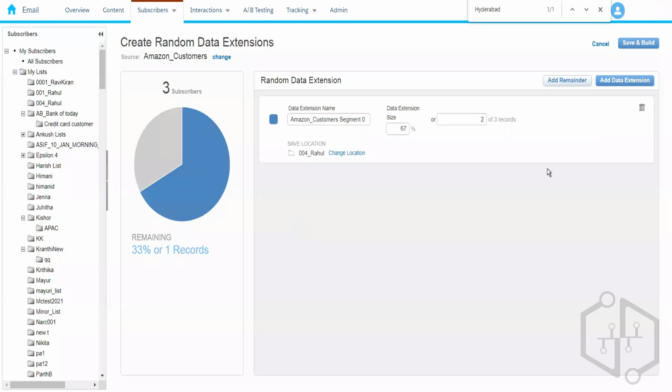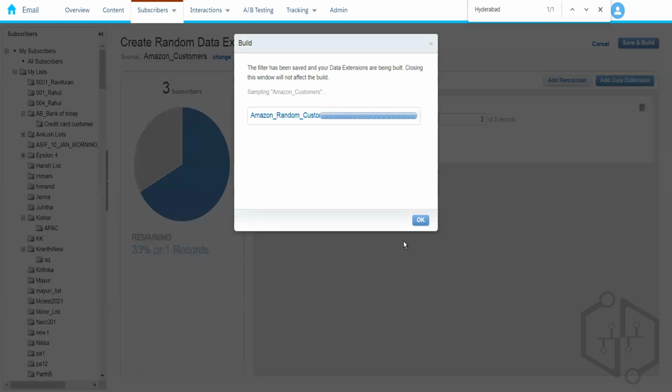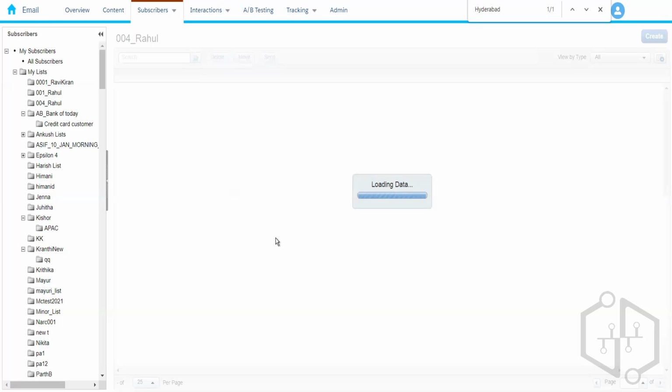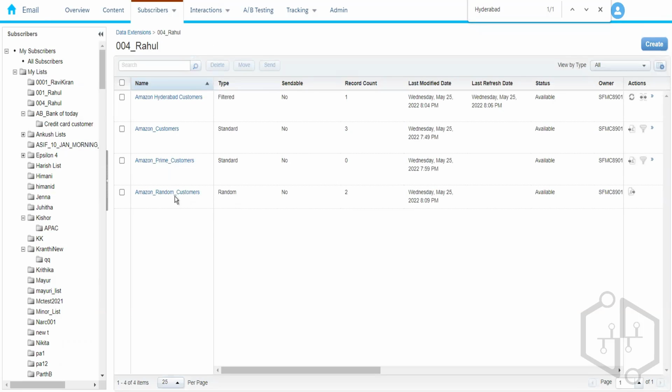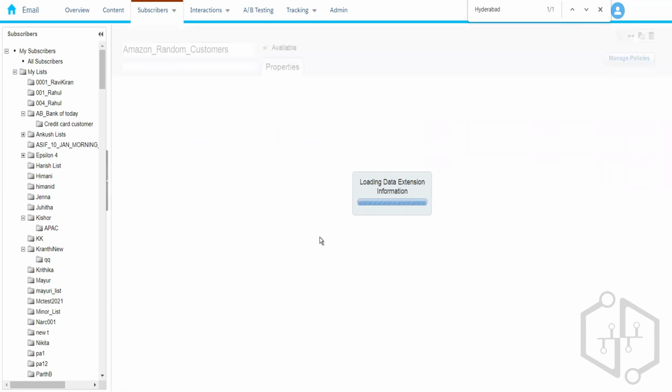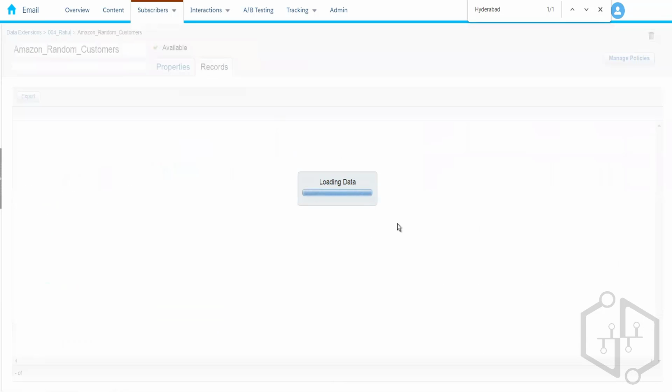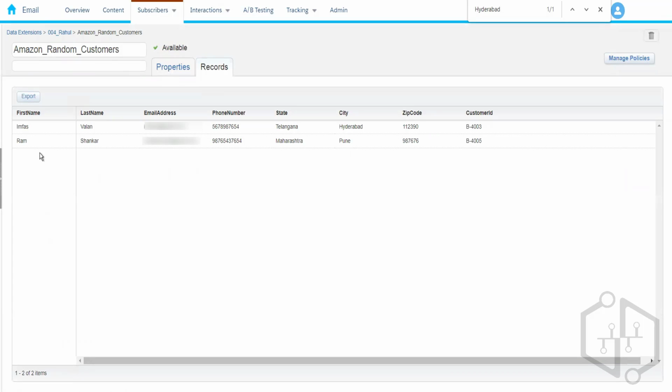So let's say I want to choose two different records irrespective of any criteria from the standard data extension. So I can say Amazon random customers, and I'll click on save and build. Okay, so it has randomly picked two customers. We had not defined any criteria, so we don't know what these two records are. So it says infas and